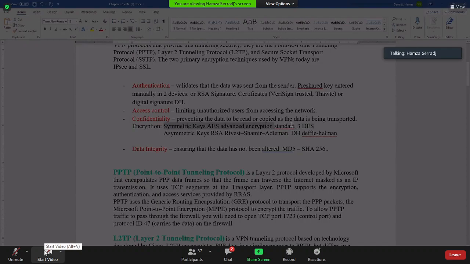Those are the symmetric ones. Remember, this Diffie-Hellman, this RSA, we use it on secure certificates, we use it on digital signatures, we exchange the keys with it, right? We exchange the keys with asymmetric stuff, and after that the communication will be encrypted symmetrically. We'll not stay on that asymmetric kind of communication, because the asymmetric is just the way to solve